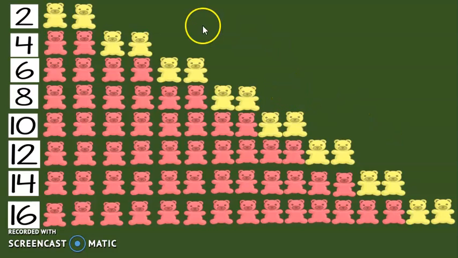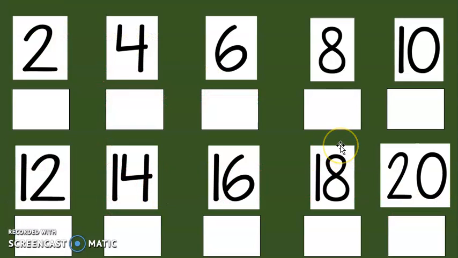Good job, first graders. Let's count again together. Go. 2, 4, 6, 8, 10, 12, 14, and 16. Okay, now, first graders, I want you to get a pencil now. Go get a pencil and a paper. I want you to copy everything you see here. You're going to put 2, and I want you to draw 2 circles. You're going to go 4 here, draw 4 circles all the way down, okay? And then you're going to turn it